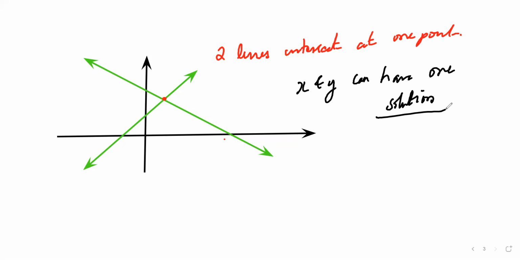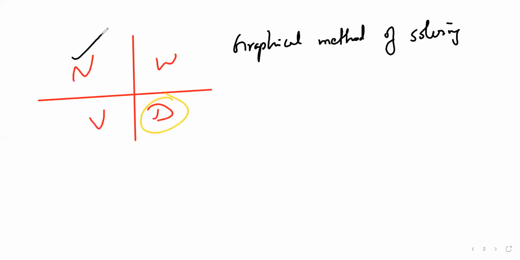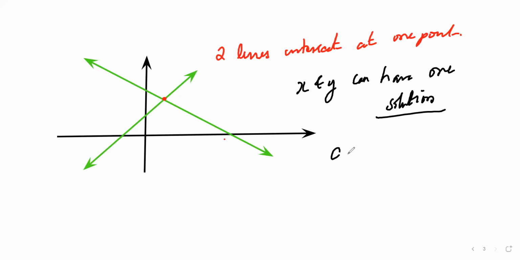If I want to write it in terms of numbers, I will take a very simple equation. I'll write x and y, which will be much easier for you. x plus y is equal to 6, and x minus y is equal to 4. This is my equation, in the sense, two lines. We all know the equation of a line is ax plus by plus c is equal to 0. Now two lines I'm representing as x plus y is equal to 6 and x minus y is equal to 4.